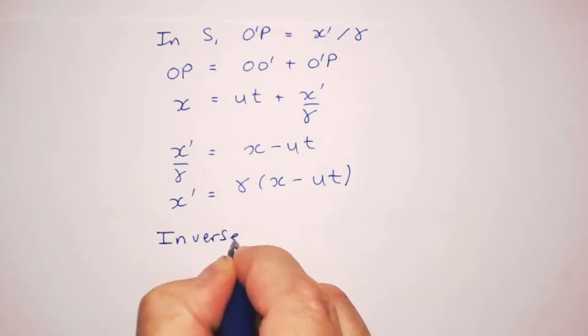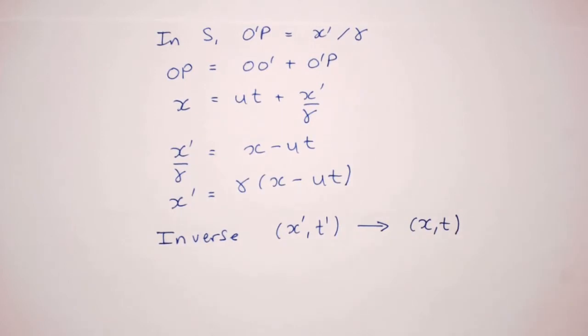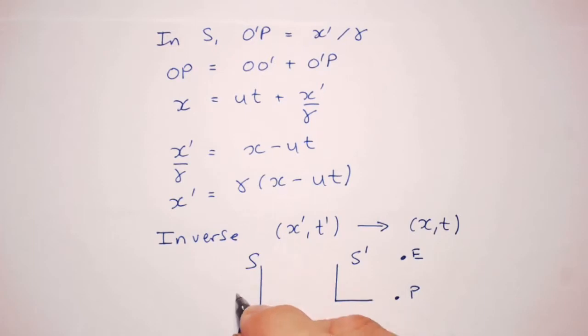Now we will derive the inverse transformation to express x in terms of S' coordinates. This can be done in two ways. First, we apply the relativity principle, which is the first postulate, which means that the law for transformation from S to S' must have the same form as the law for transformation from S' to S. Up to now, we have visualized the scenario as viewed in S, but when viewed in S', with event E and its projection P on the x' axis, S is moving to the left with speed u. In this view, the velocity component of S in the x' direction is minus u, where u, the speed, is a positive number. So this is what must be used in place of u in the form of the forward